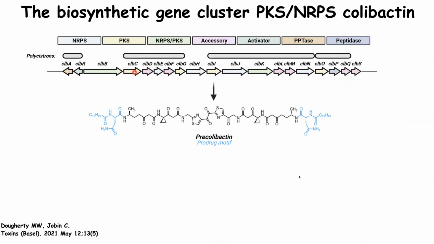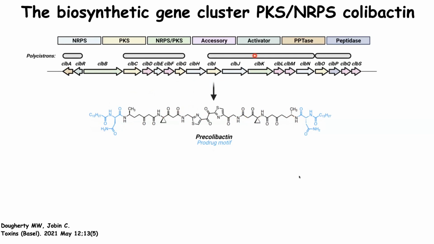So genes will produce an enzyme. The enzyme will start building a compound, transfer it to another enzyme, and so on and so on. So it's a factory lane assembly. And you end up with this molecule. And this is an inactive molecule because it has this long lipid tail on each side. So that molecule is not active. So it's a prodrug, not activated yet.